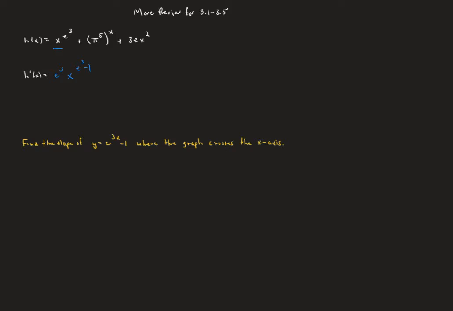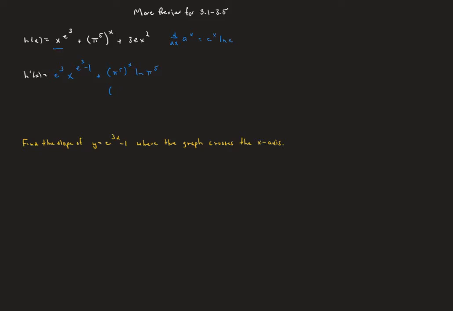Now the second one, that pi to the fifth to the x, we want to think of as differentiating a to the x, where the a is this kind of strange pi to the fifth. And remember, that's going to be the same exponential times the natural log of the base. So we'll get another pi to the fifth raised to the x, and then times the natural log of pi to the fifth, which you're welcome to leave like that,